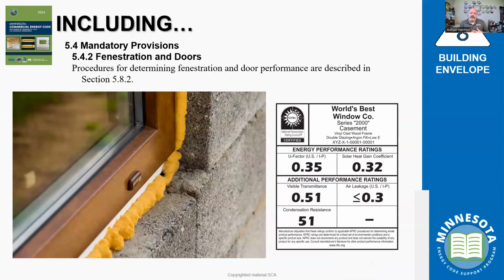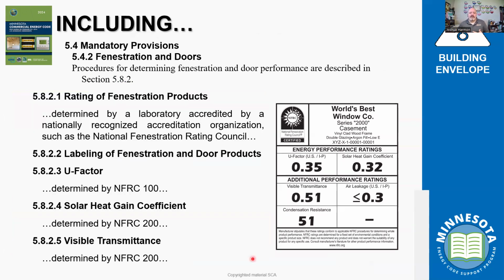And then that goes beyond just the insulation and the air barrier, but also moves into the concept of fenestration, right? The proper installation of fenestration means that we're considering all these different qualifications that are identified in section 5.8, right? So when we look at the energy code, once you get used to it, you're used to it, right? But we have the mandatory requirement for fenestration that it complies with section 5.8.2, which is on installation. That tells us that then it gives us a whole other list of expectations, right? So we have to really look in multiple places to find out what all is required for something like fenestration.